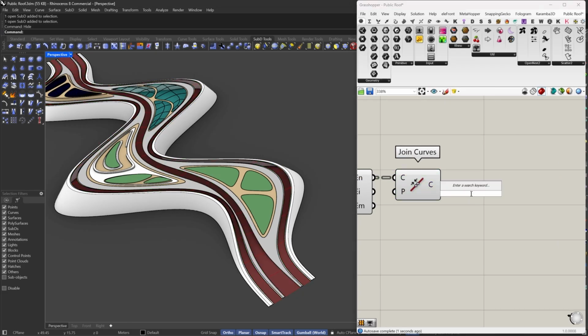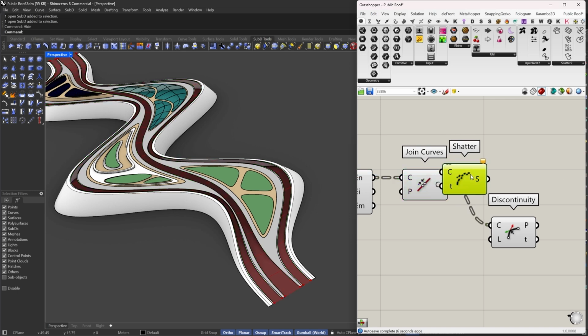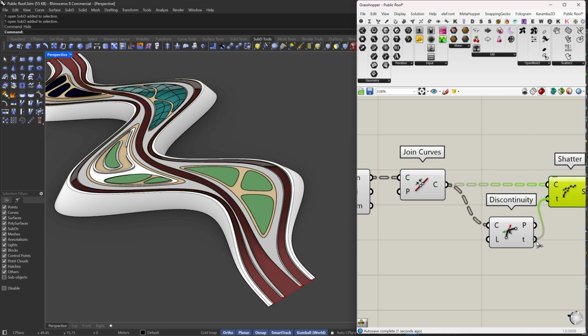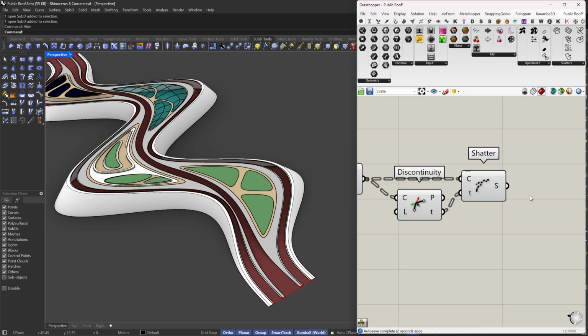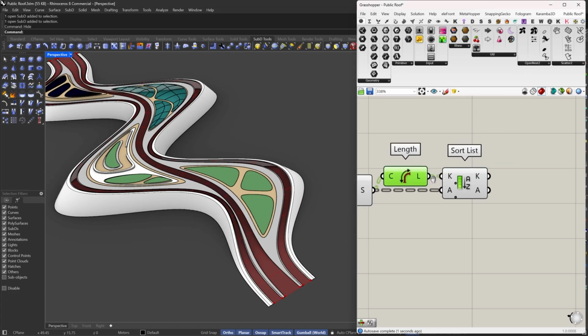get the discontinuity and then shatter everything, shatter those with this, and right now I'm going to sort all of them with the length, and after that